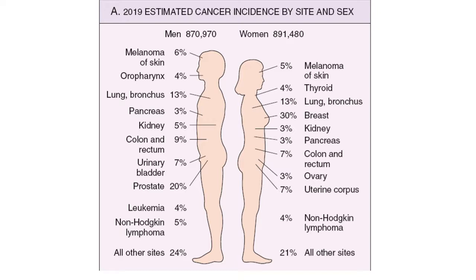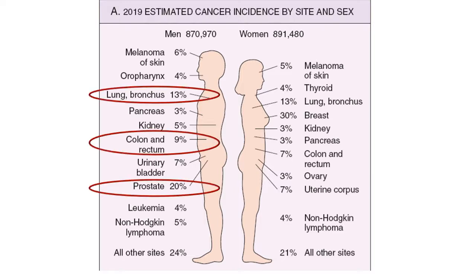This diagram is showing the estimated cancer incidence by site and sex, and it is showing that about 0.9 million cases were reported for both men and women in 2019. And the number one tumor for the male is prostate tumor, which accounts for about 20% of the total number of the cases, while the number two cancer was lung and bronchus, that accounted for about 13% of the cases, while number three is the tumor from the colon and rectum, that is about 9% of the total cases. So top three tumors in the male are from prostate,